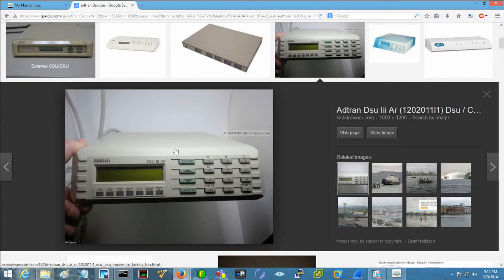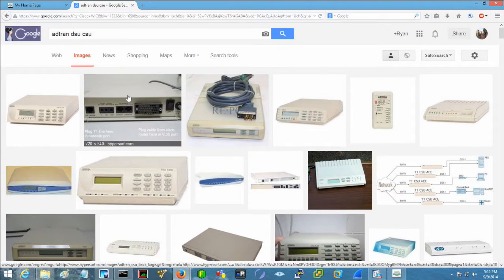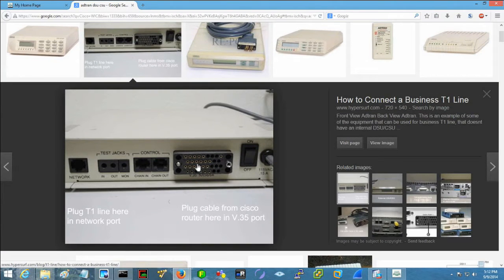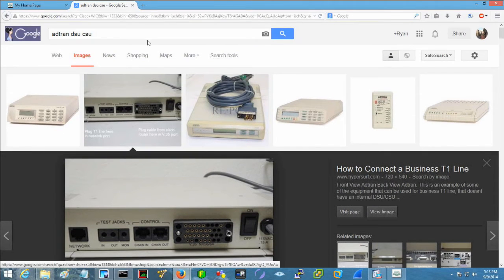So what happens with this, if we looked at the back side of it here, you'd have a serial connection, and this is an older style V35 serial connection, really, really old. Serial connection comes in one side, and then where it says network here, this would actually be an RJ45 connection, like a typical Cat5e cable might have, and it's going to go from this network connection to a smart jack. So you go from a router through a serial interface into this. And then we come back out of this on the network side, and that's what's going to connect out to your service provider. It's going to plug into a smart jack.